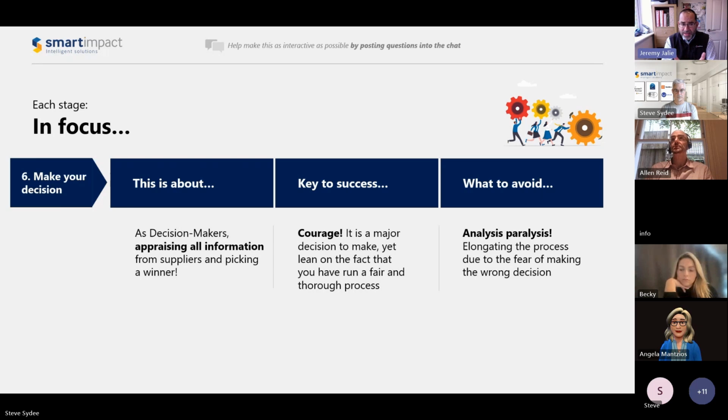I think that's undermining internally within the organization. If you're not able to make that decision, everybody who's had a touch point will roll their eyes a little bit about how decisive the team is. It's frustrating for suppliers who are pitching,